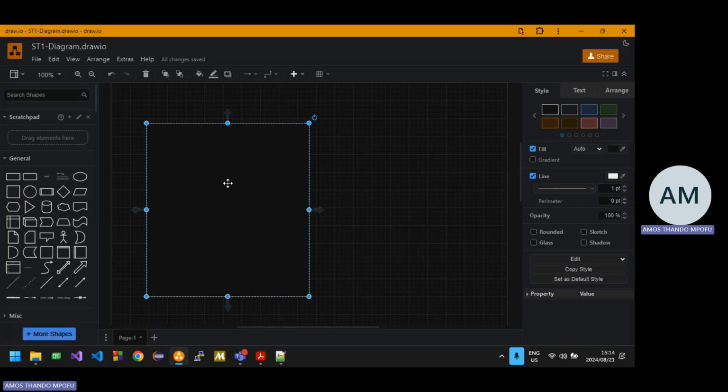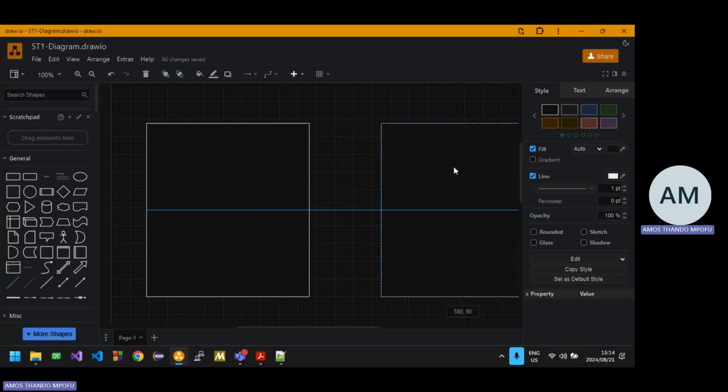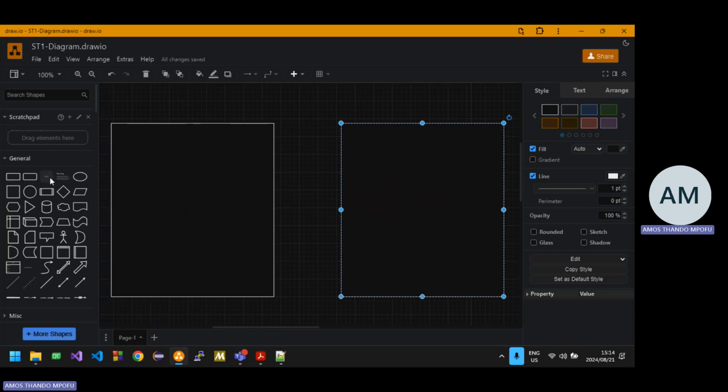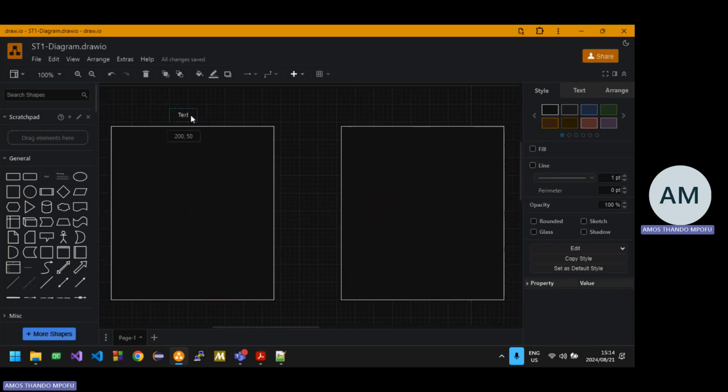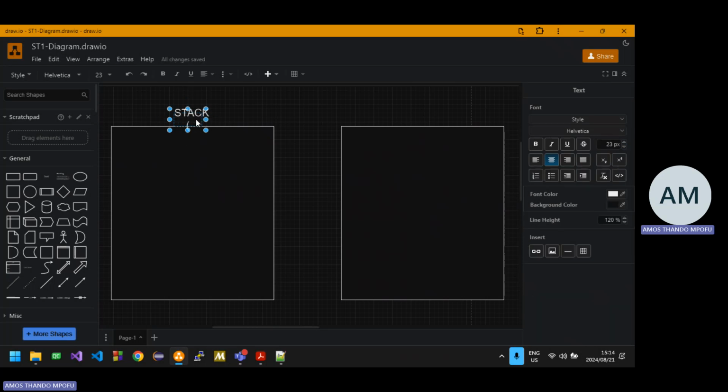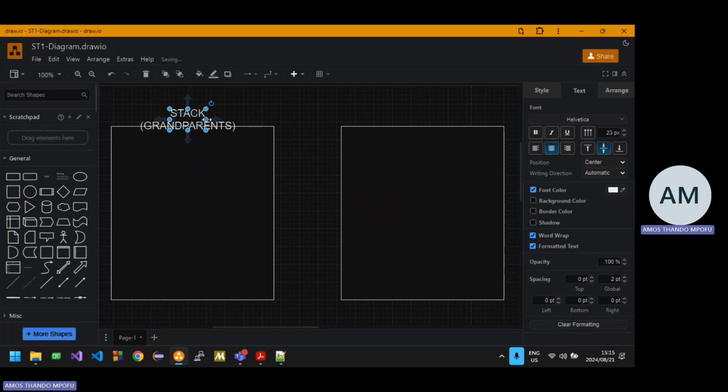So we have two things, right? The stack and the heap. So with the stack, like I said, this is like your grandparents' place. Everything is managed for you. You don't have to do chores, right? Basically, you don't have to deallocate and allocate. Everything is done for you by the computer. So this is the stack, grandparents' place, right? I'm just gonna call it grandparents, and then I'm gonna stretch it like this, and then copy, paste,